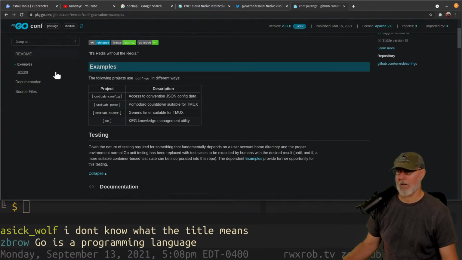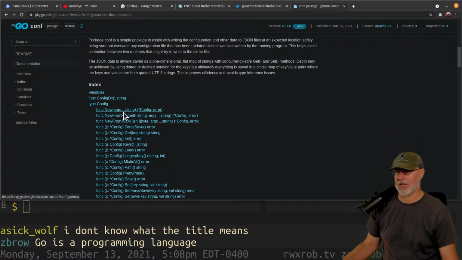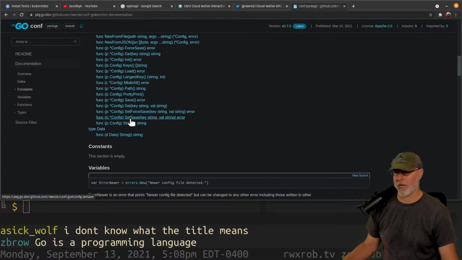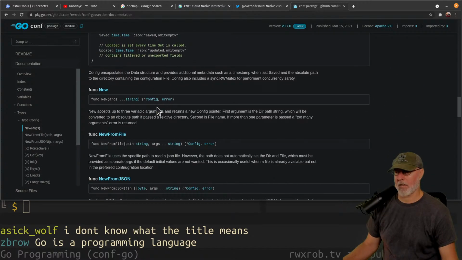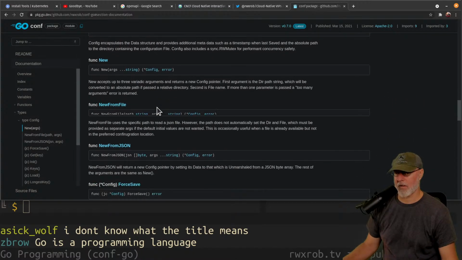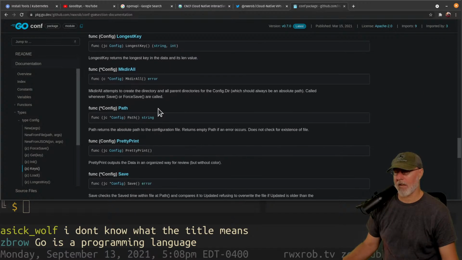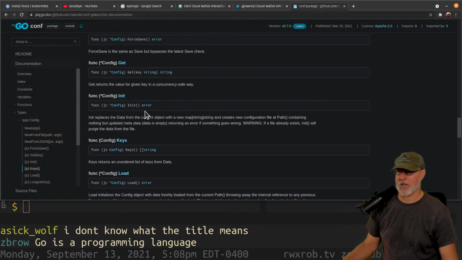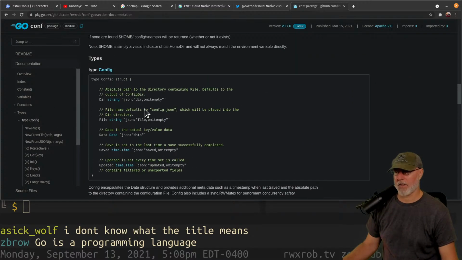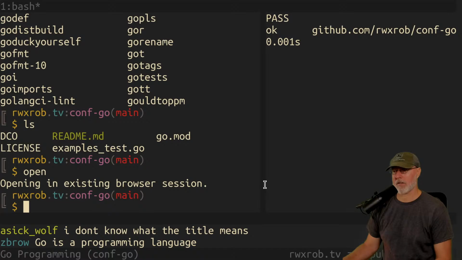Well, you can click on documentation here, and this is all of the stuff that is in the previous one that I'm going to be porting. I don't think this one has any examples. Nope, it has all the types. My point is that this embedded documentation is all written in the code. The example will be here, and it'll actually be runnable. You can usually click on the playground and go play it and run it.